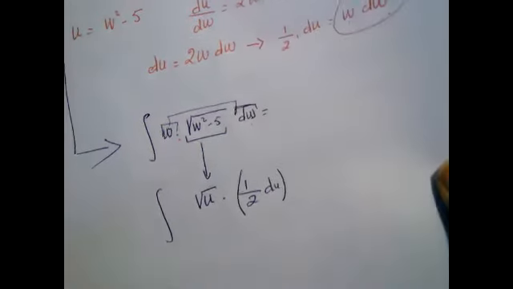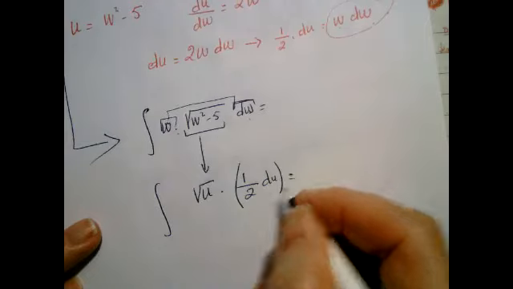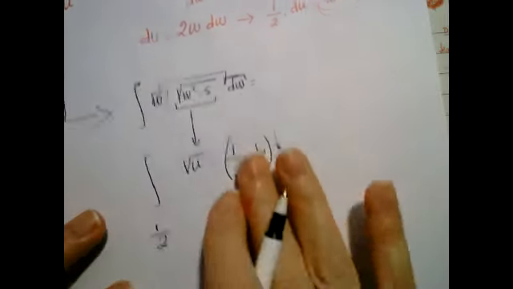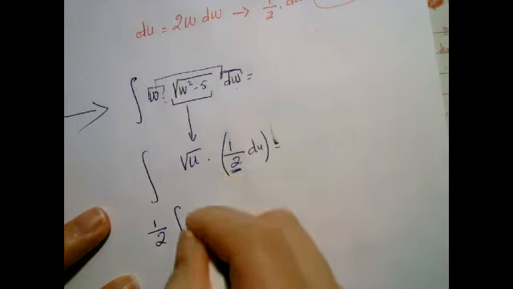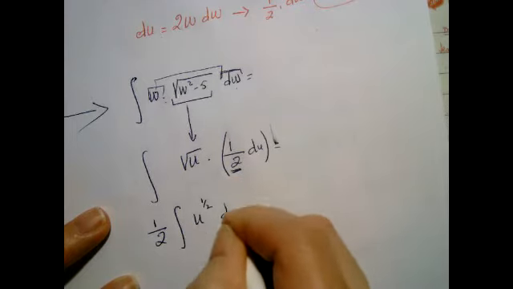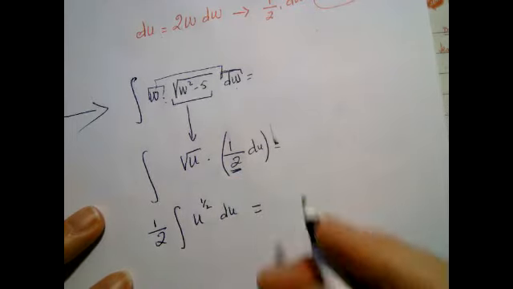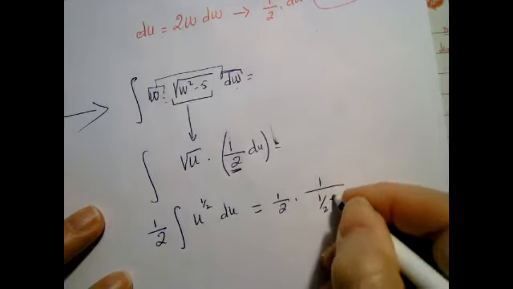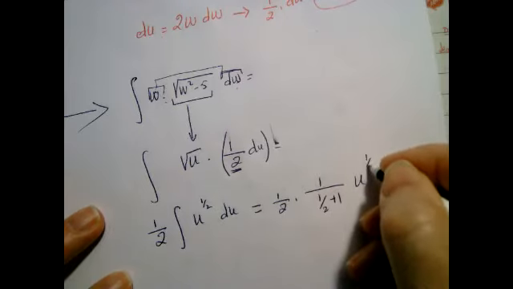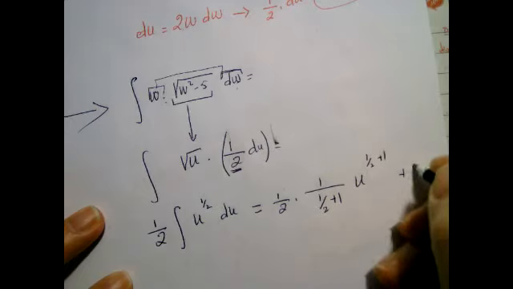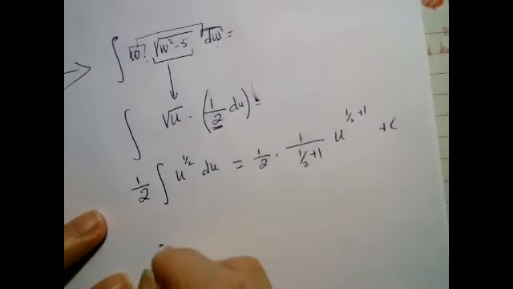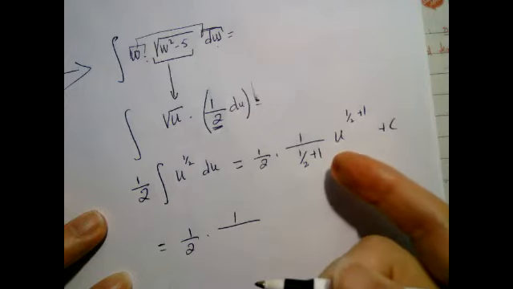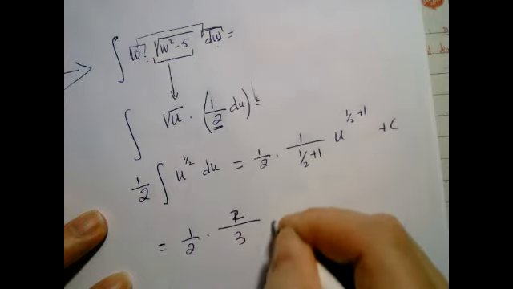I'm almost done. Now I have an integral in u, which is easy. A half is a constant, I can pull it out. And then I will have u to the power a half du. And this will give me a half, 1 over a half plus 1, u to the half plus 1 plus c. So finally, it's a half times 1 over a half plus 1, which is 3/2, which gives me 2/3, u